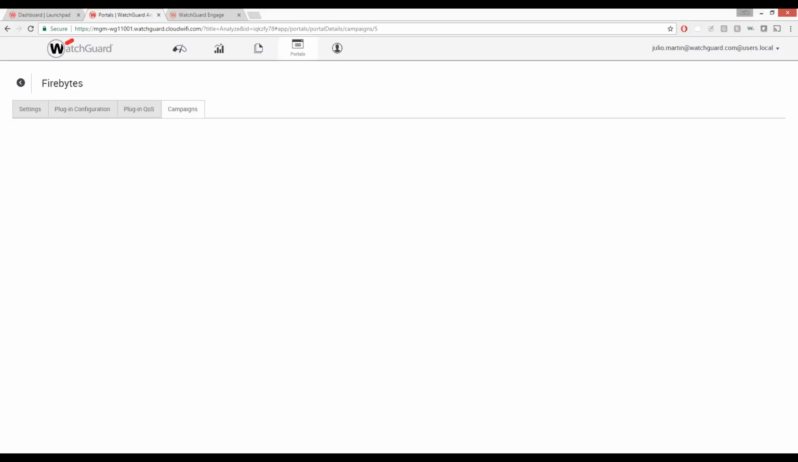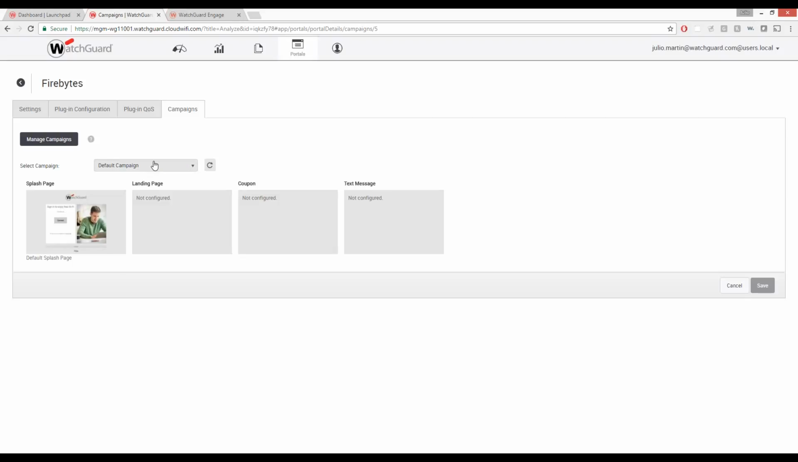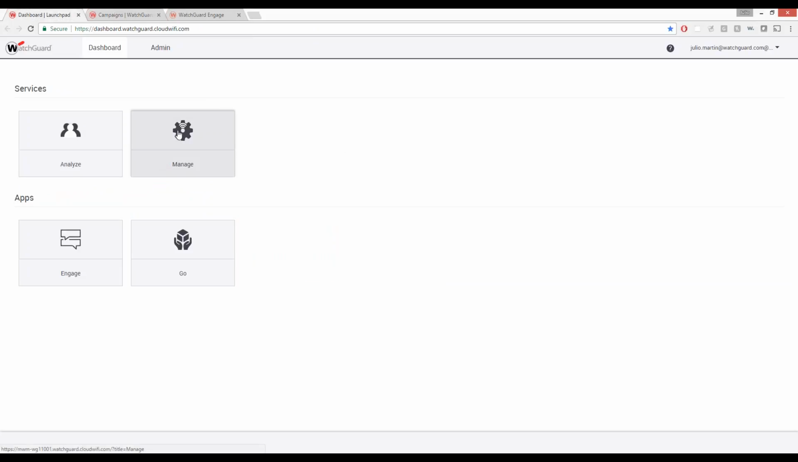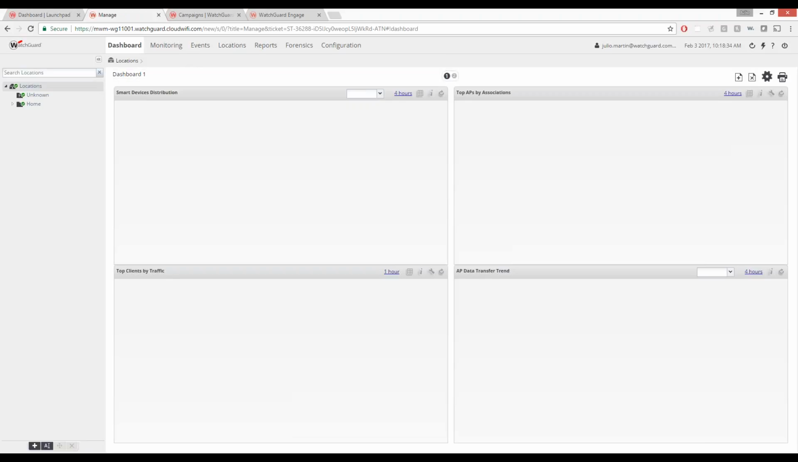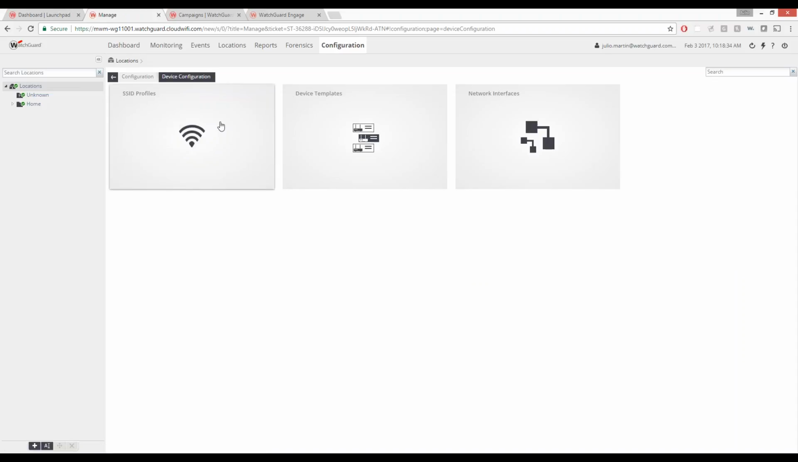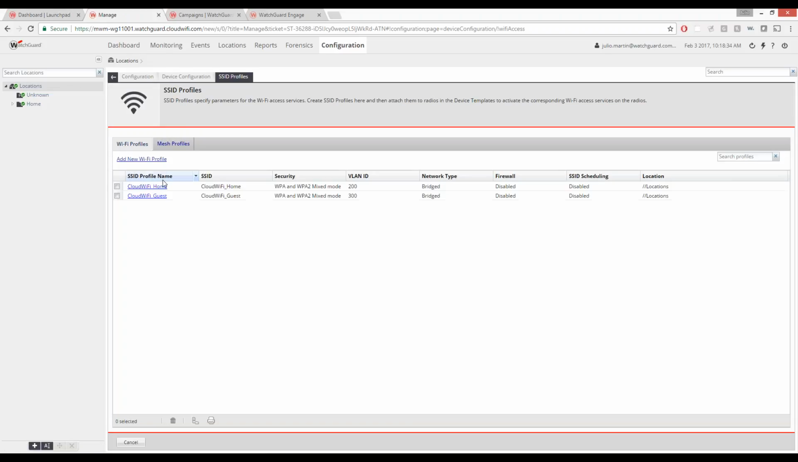Going over to campaigns, this is where you're going to set your campaign. And once you have that ready to go, I'm going to just very quickly show you guys where to set that up so we can go through the actual analytics part of it. But we'll go through Manage, I'll look at my SSID, and I'll show you guys where to set that up. So we're going over to Device Configuration, going into SSID Profiles, you click on your guest,